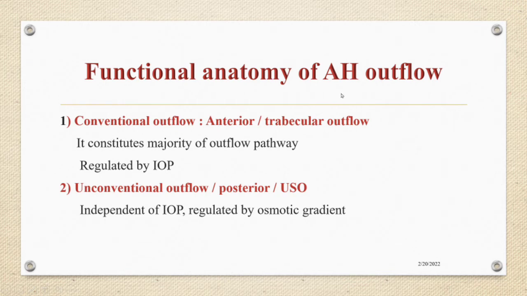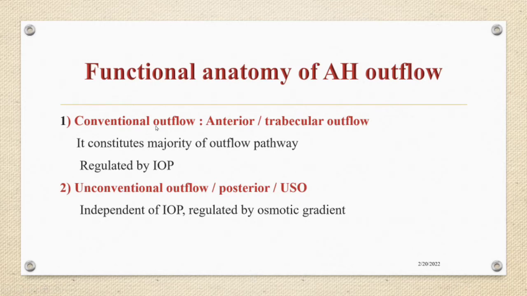The aqueous humor function includes nutrition for the different structures in the eye. So if you want to decrease aqueous humor production, you should not decrease it to 0%, because it is a major source of nutrients for different structures in the eye. The drugs which decrease aqueous humor production will reduce it by a maximum of around 18 to 35 percent. So coming to the functional anatomy, the aqueous humor produced in the eye